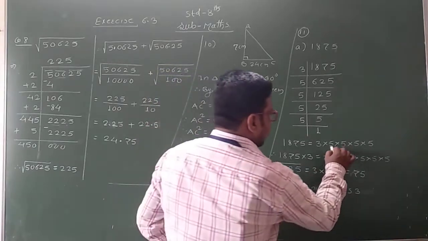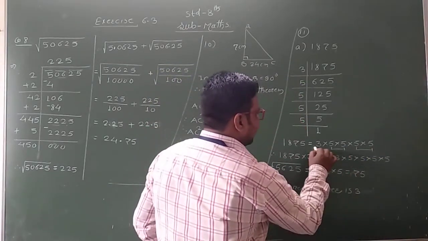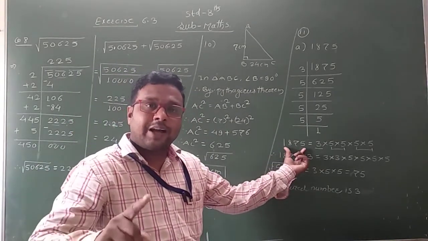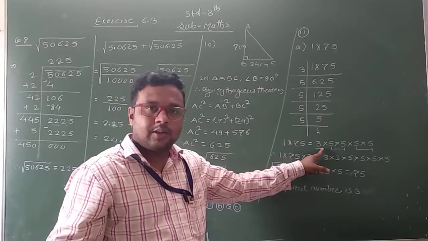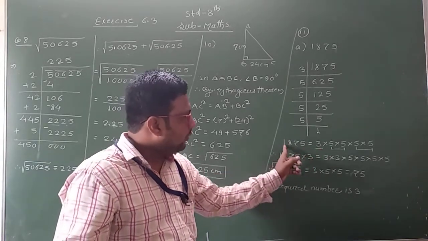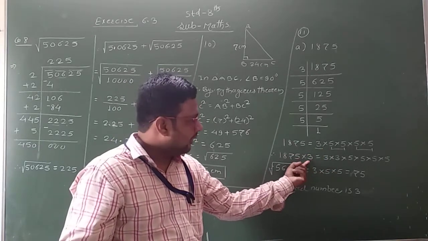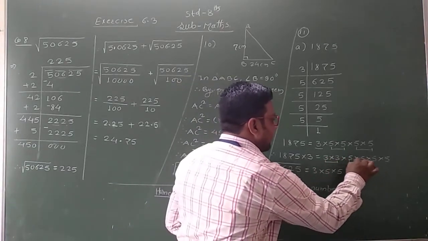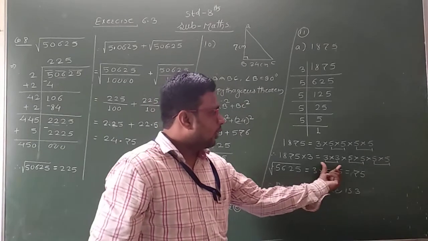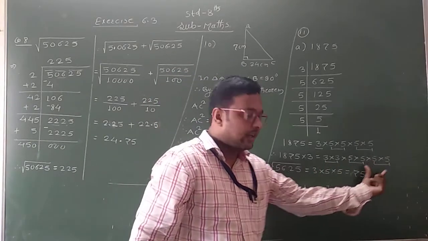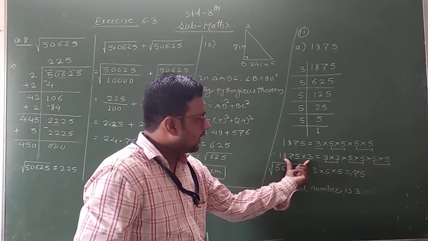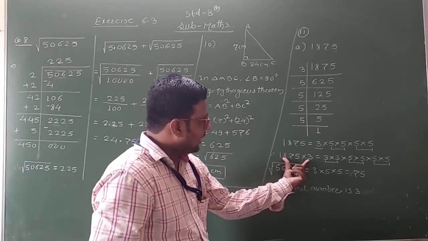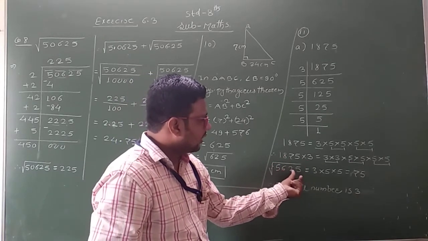If you see, now there is a pair of 5 and 5, but 3 is a single number. It is not in a pair, therefore this number is not a perfect square number. Then by which number do we multiply so that it becomes a pair? By 3 we have to multiply. Therefore on both sides I multiply with 3. Here I multiply with 3 and this factor is also multiplied with 3. In this way here we get a pair of all the factors: pair of 3, pair of 5 and pair of 5. Okay. Now whatever number we get after multiplication is the perfect square number. Therefore after multiplication, here we get the number 5625.